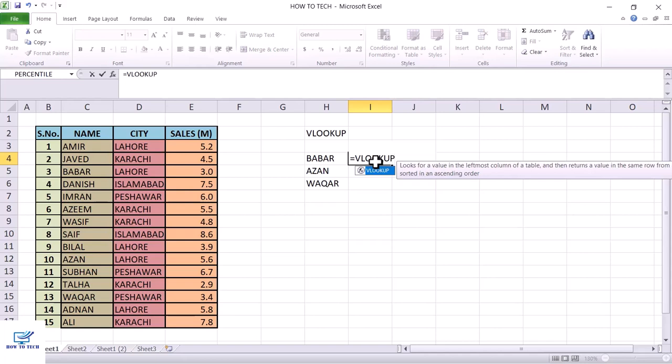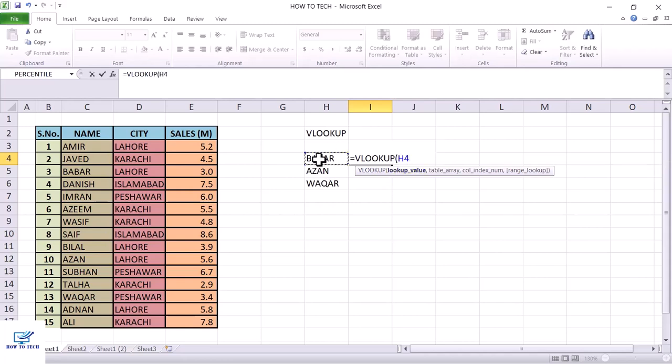VLOOKUP and press tab. First is the lookup value, which is Babar, and press comma, then table array. For the table array, select these three columns, ignoring the serial number column, then put comma and the column index number. Column index means from which column the VLOOKUP will extract the value of sales, and because the sales are in the third column of our table array of these three columns, I will write here 3,